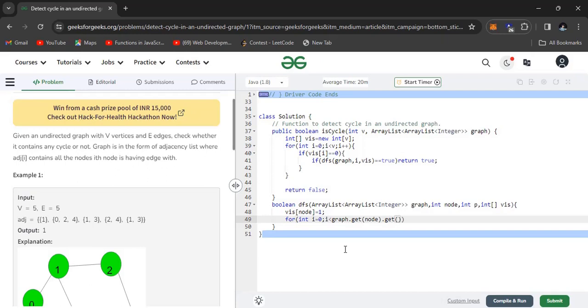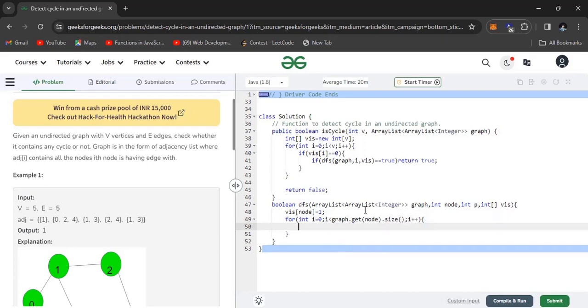And dot size gives the size. That means we will try for all its neighbors. Sorry, we will try for all its children.